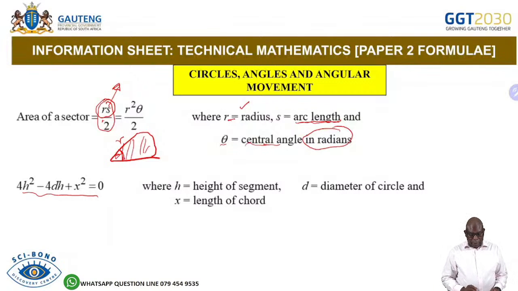Okay, right, so H will be for the height of the segment, D will be the diameter of the circle, X will be the length of the chord. So everything there is explained, so you are able to see that. So there is no problem with this formula because it has been explained, so we must always be checking what has been given there. Okay,